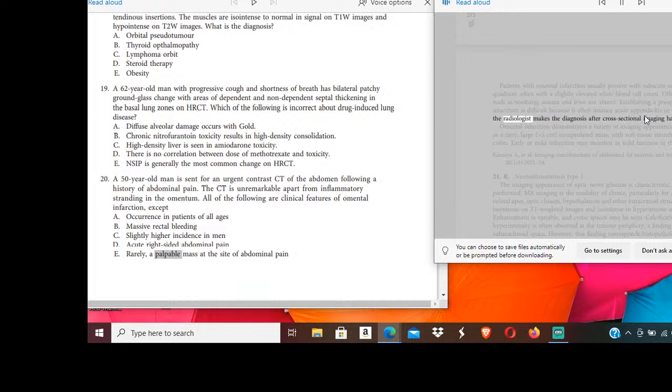In most cases, the radiologist makes the diagnosis after cross-sectional imaging has been performed. Omental infarction demonstrates a variety of imaging appearances at CT. Classically, it appears as a fatty, large, greater than 5 cm, encapsulated mass, with soft tissue stranding adjacent to the ascending colon. Early or mild infarction may manifest as mild haziness in the fat anterior to the colon. Imaging manifestations of abdominal fat necrosis and its